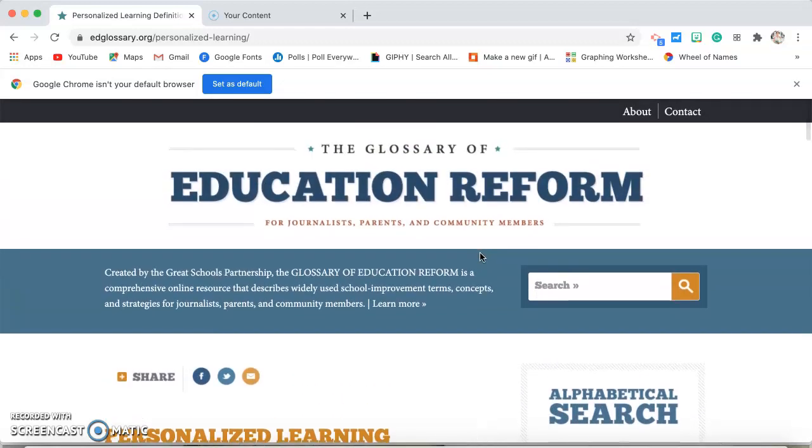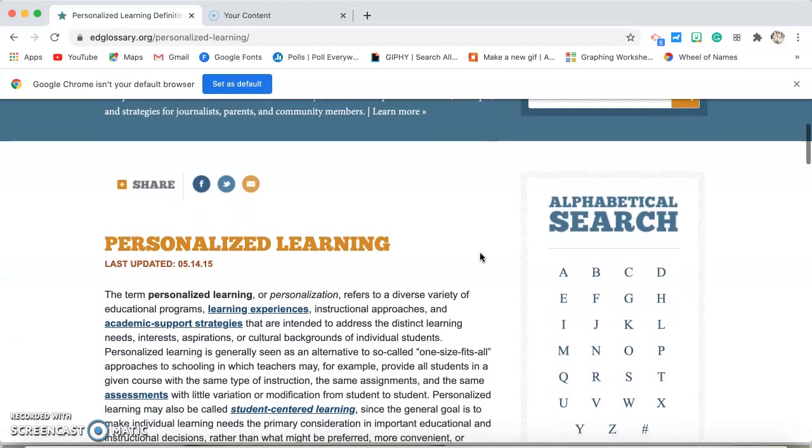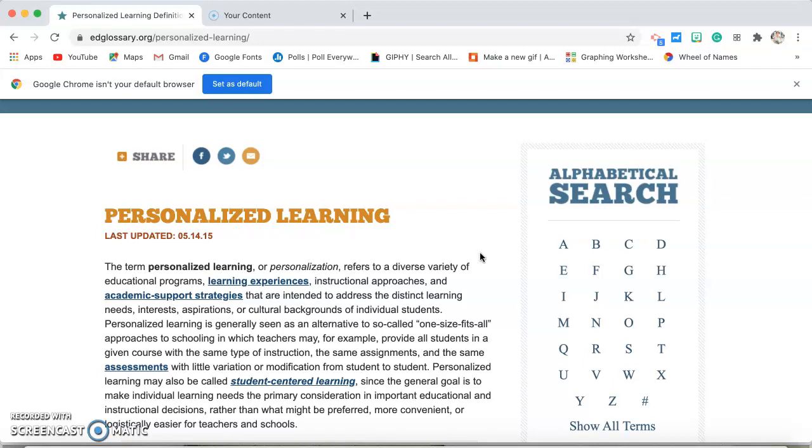So I found this definition on the Glossary of Education Reform. And it says the term personalized learning or personalization refers to the diverse variety of educational programs, learning experiences, instructional approaches, and academic support strategies that are intended to address the distinct learning needs, interests, aspirations, or cultural backgrounds of individual students. So that's a mouthful, but basically it's just saying that with personalized learning, there are a variety of